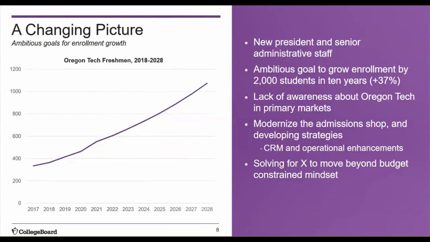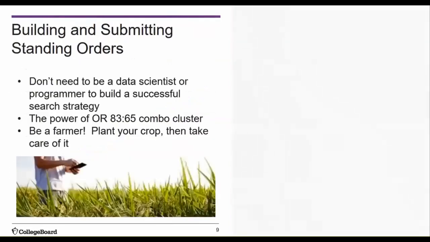From there, I was approved a modest budget increase of $50,000 to contract with College Board search, segment analysis, and enrollment planning services, in addition to about 25,000 new names to license that included seniors, juniors, and sophomores. Summer 2018, we used segment analysis, historical tagging of several years worth of applicant data to identify the top educational neighborhoods and high school clusters to understand how the birds of a feather flock together within our primary Oregon and secondary WUE markets.